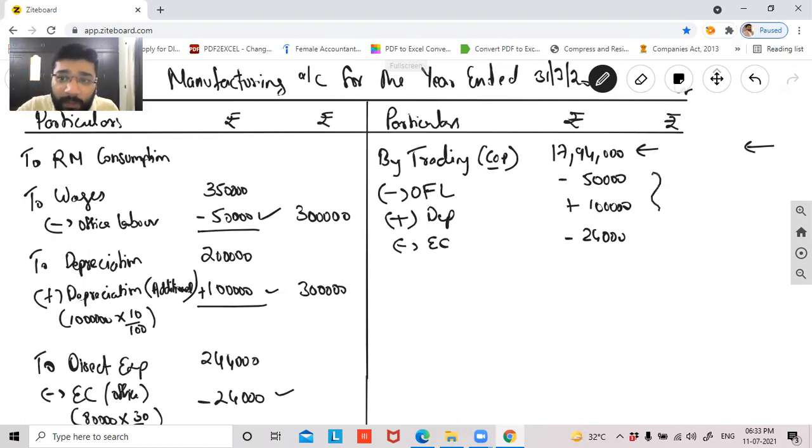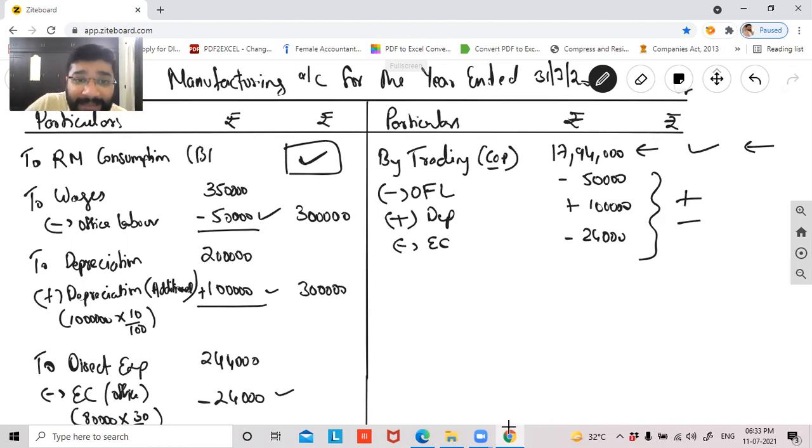Guys, why are we doing this on purpose? Why are we minusing it by ourselves? Because we don't have the raw material consumption part. If I had it, you don't have to actually do this plus or minus. In the raw material consumption, there is no problem. I'll add this automatically, I'll get the updated cost of production. But the problem is I don't have the raw material consumption with me. So I'll find the revised cost of production, and using the revised cost of production and other expenses, I'll find this as a balancing figure.